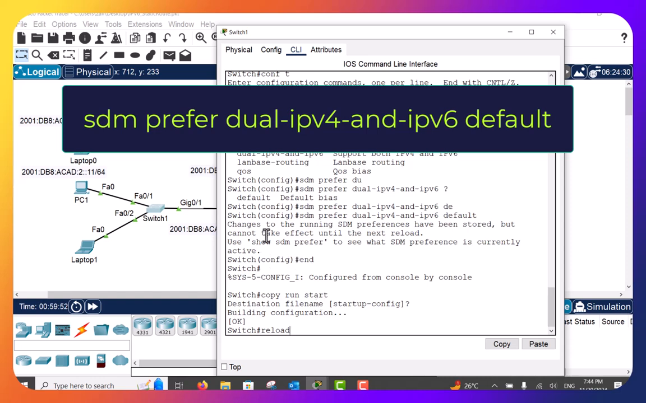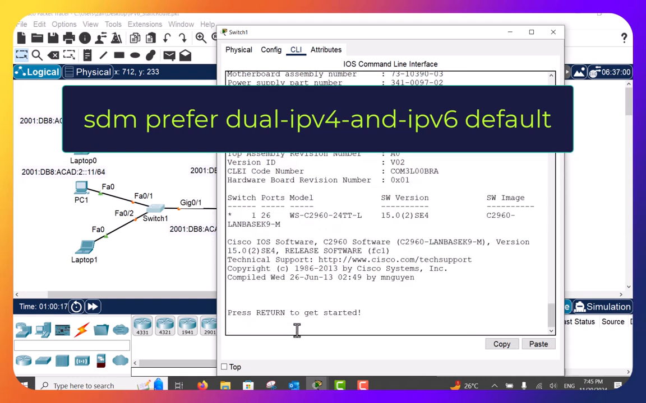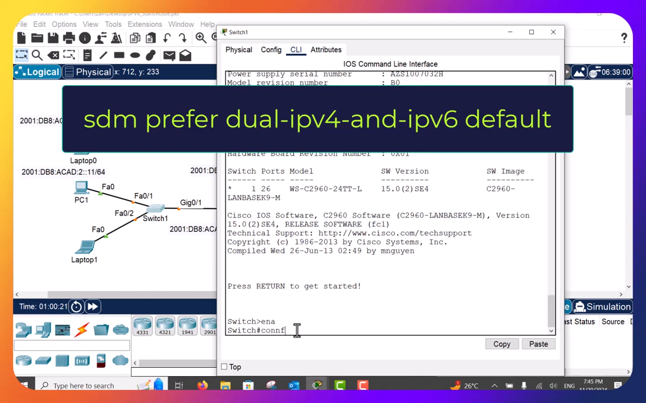So the steps for the 2960 switch are using the command SDM prefer dual, IPv6 and IPv4, default, then save changes and reload. Now let me reload, confirm reload. You need to wait until the reload finishes. Then you're going to apply IPv6 the same way you did with IPv4. Only the first command is going to be different. Let's do this now. Enable, conf t,